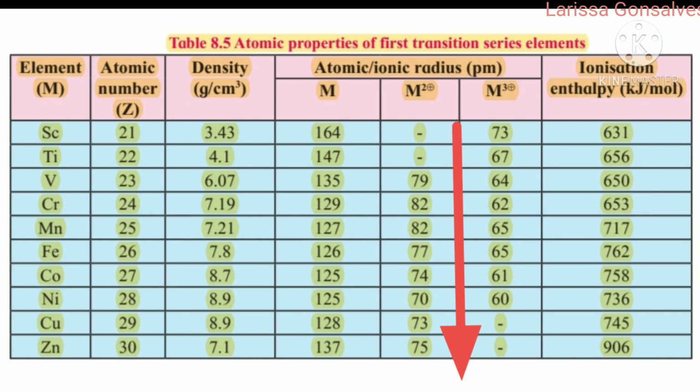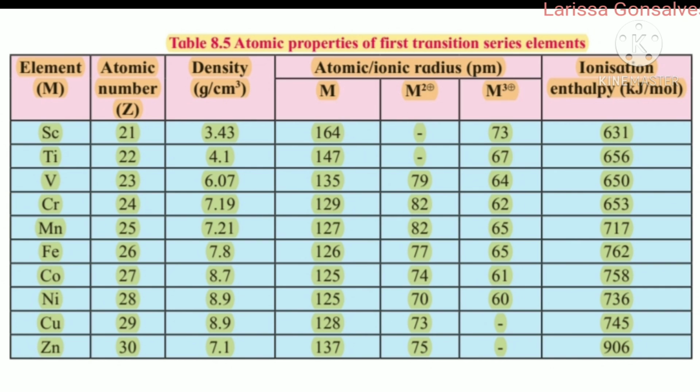So if you observe the ionic radius for M2+ and M3+ ions, you will see that for the initial elements, that is for scandium, titanium, vanadium, chromium, it is higher when you compare that with the elements towards the right side of the table, that is nickel, copper and zinc. We are aware that the elements of the first transition series show variable oxidation states. So the concept of ionic radii can be studied with elements having the same oxidation state, or we can consider the oxidation states of the same element.